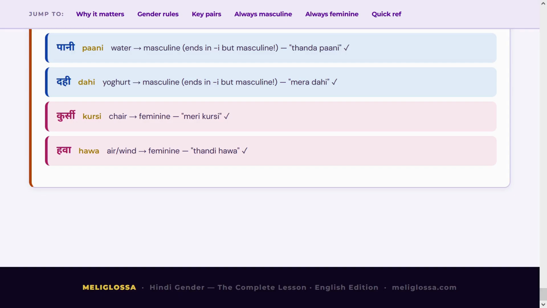I hope you have got a complete idea of how to categorize nouns into masculine and feminine. If you understand this lesson well, along with the lesson where I talked about the 200 most common words with genders, you should not have any difficulties while learning Hindi and while using those words in sentences to create proper grammatically